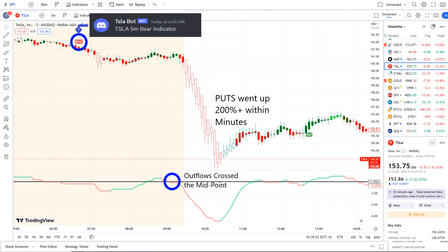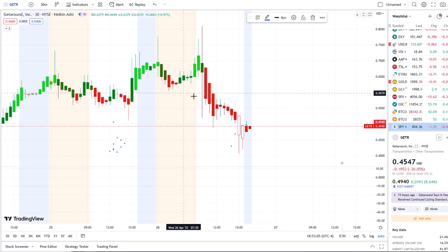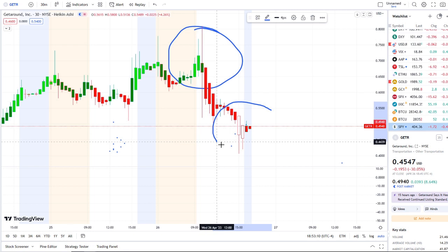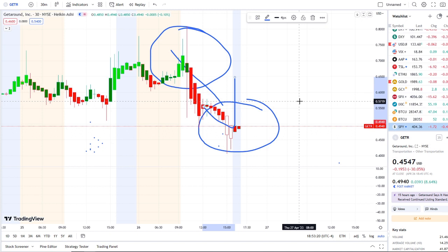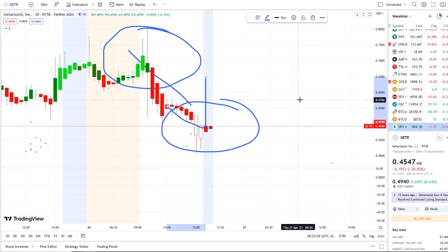Let's jump into these charts. So here we are with GETR doing a full transition, as I stated earlier in the video, from the rip area of bright green bars on 42 vision to the dip area of white with red borders. And if this is your first time coming across the channel, this is 42 vision, which allows us to see the dips from the rips to the dips, and where the strength and weakness lies within the charts. And we also use our bull and bear indicators and inflow versus outflow as an extra layer of confirmation,